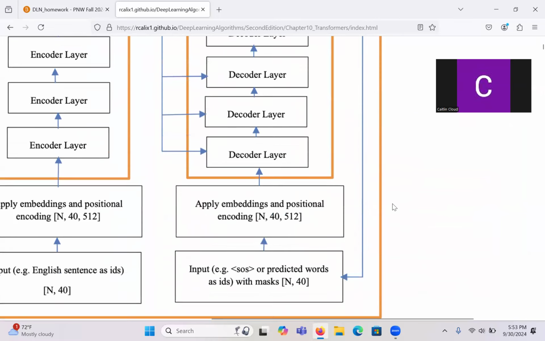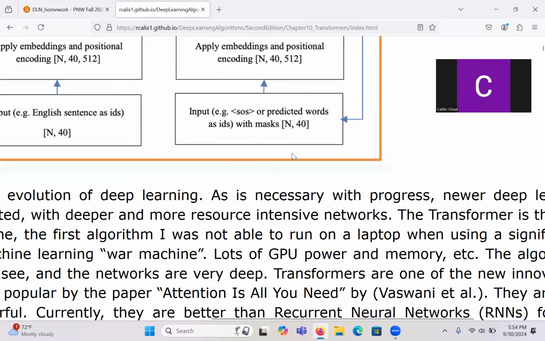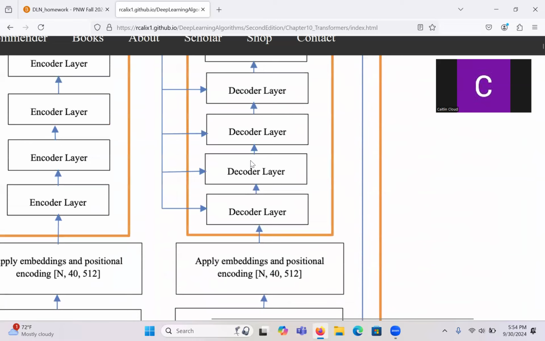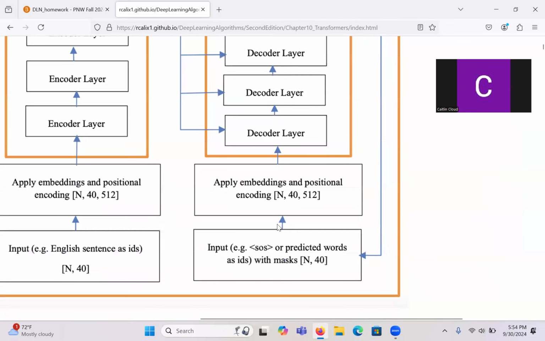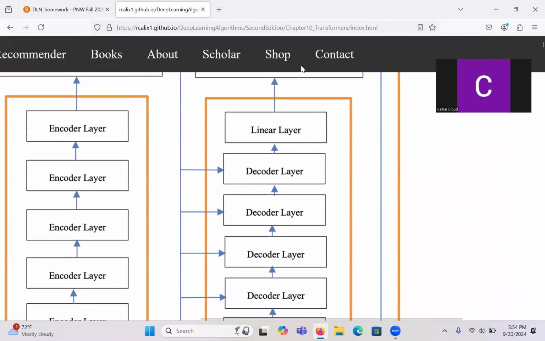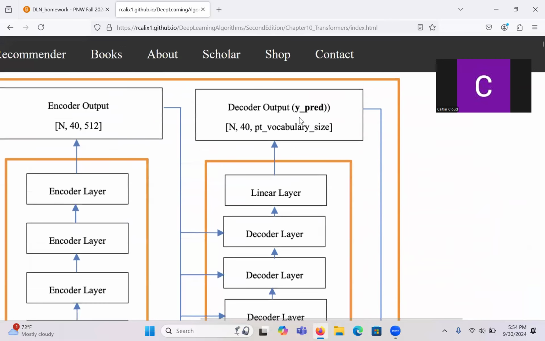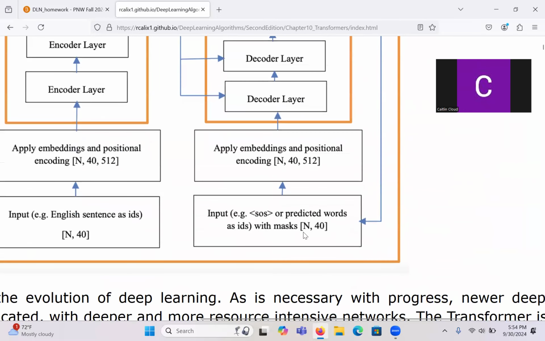So you have, let's say, a sentence here, and you're going to have the same sentence over here, but shifted by one. So it learns, given this input, what the next ones are in the training. And then in the testing, you're going to start with, let's say, 3 words. Given those 3 words, it's going to predict the 4th one. And then now it's got 4 words. The 4th word, if you notice this arrow, is sent back as input here. And now given those 4, it's going to predict the 5th one. But it is looking at the whole thing.